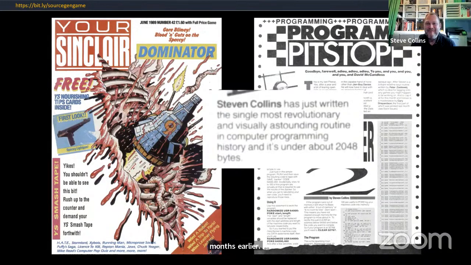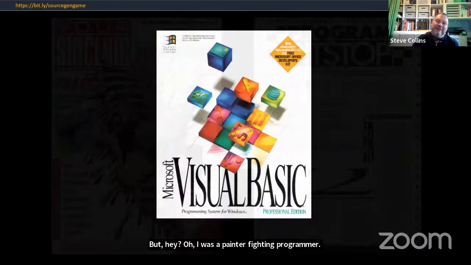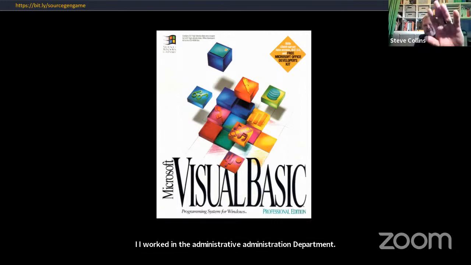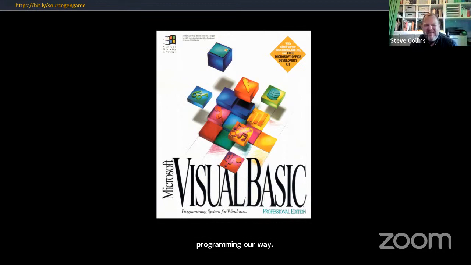Rock on. So moving on a few years, and I diverted. I didn't go into computers to start with. I worked in an administration department because all they could offer me was mainframe programming. I went, no, I'm not touching mainframes. But by about 92, 93, I started using VB3, which felt light years away from Sinclair Basic and machine code. And I was using a proper keyboard on a proper computer, none of this rubber key stuff.